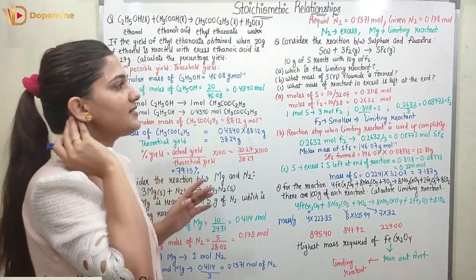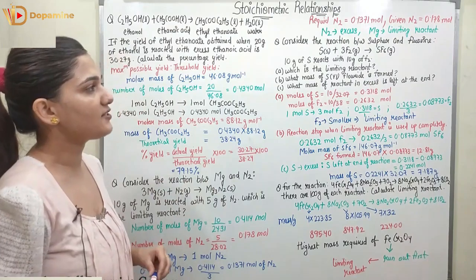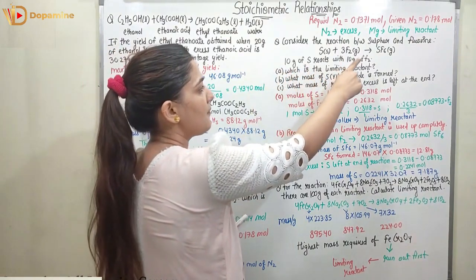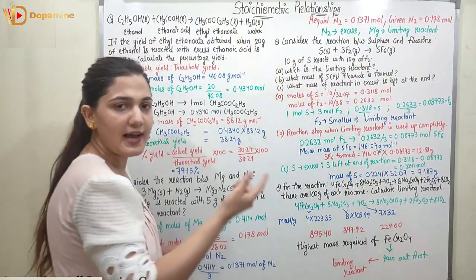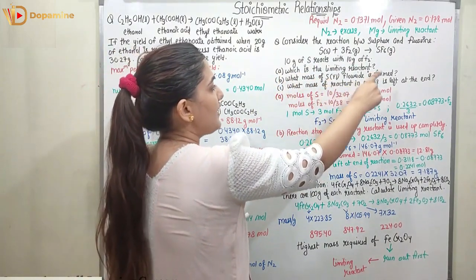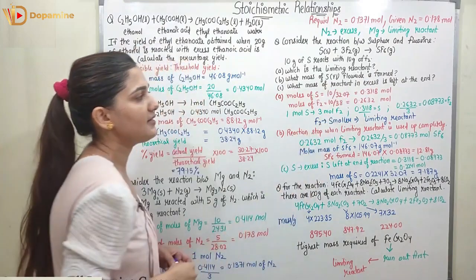Consider the reaction between sulfur and fluorine. Sulfur plus 3F2 is going to give me SF6. 10 grams of sulfur reacts with 10 grams of fluorine. Which is the limiting reactant? We need to find out what mass of sulfur hexafluoride is formed, and what mass of reactant in excess is